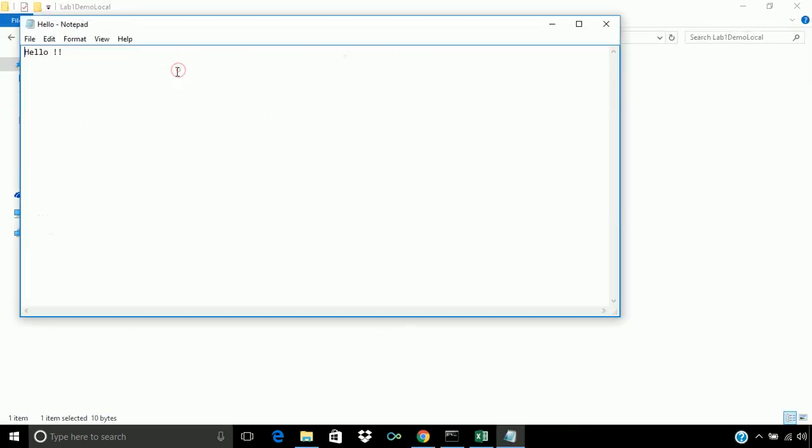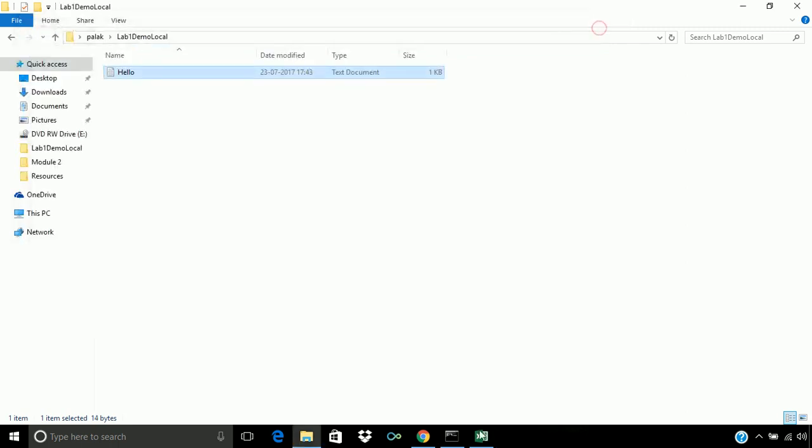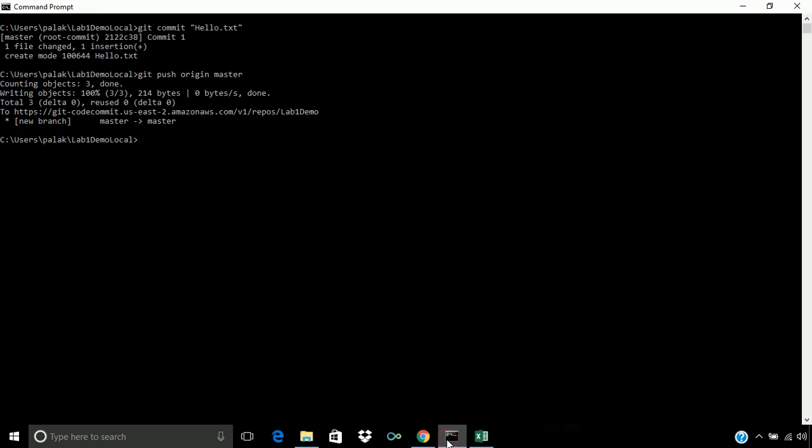Now let's make some changes in this file and commit again. So let me write hello user and let's save it, and now let's again edit this change locally. So we are going to use hello.txt. Then let's commit it locally.